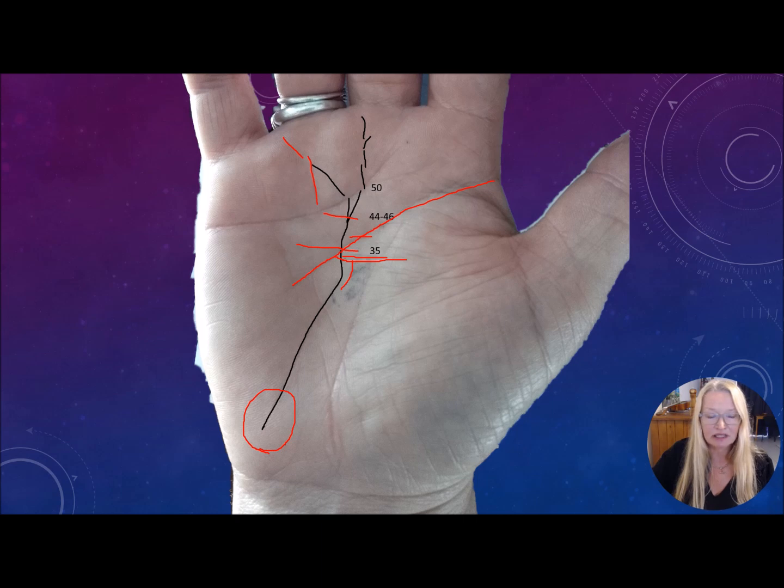It's fairly straight line from around 35 right up until the approximate age of 44 to 46. The line seems to split into two ways, so that can represent